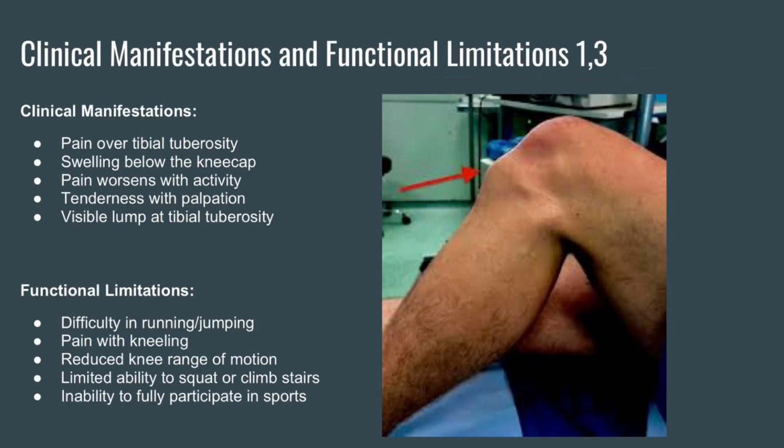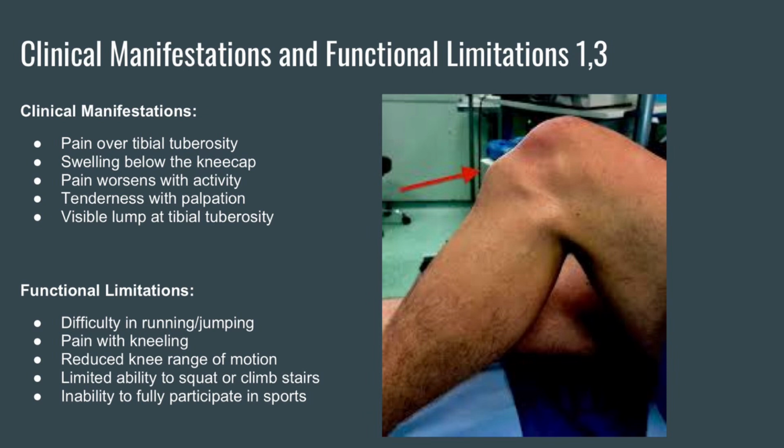So for clinical manifestations and functional limitations, you're going to have pain over the tibial tuberosity, the swelling below the kneecap. You will have like a visible bump on the tibial tuberosity, and the pain obviously is worsened with activity, especially anything with like the knee extension variety, tenderness with palpation, and then as far as functional limitations, of course,